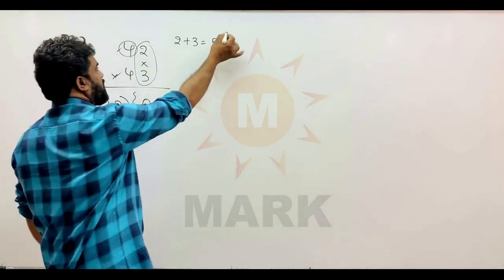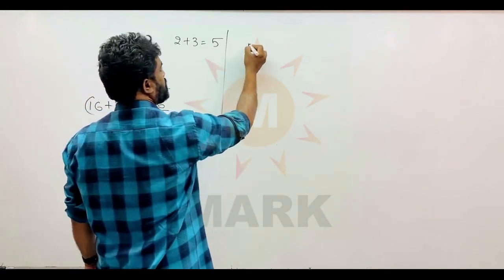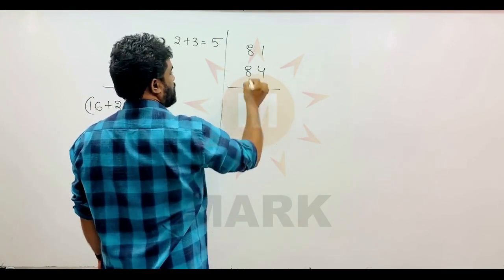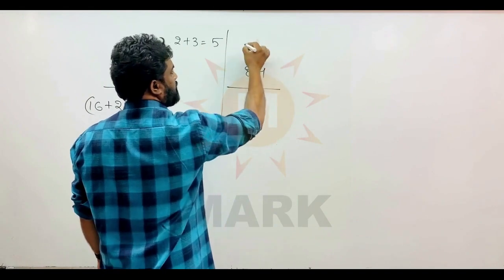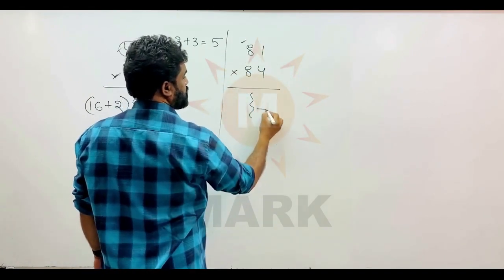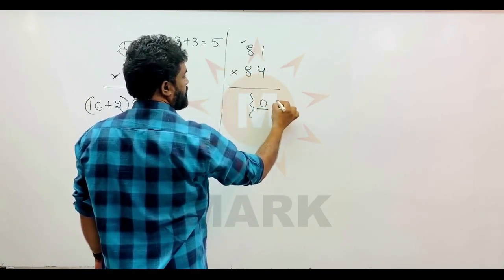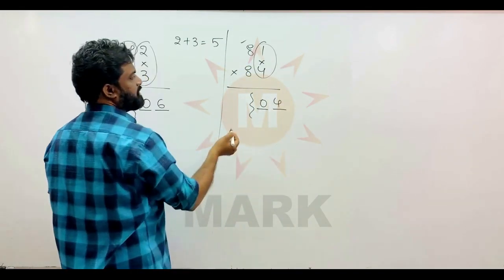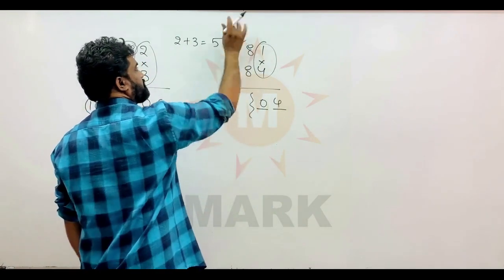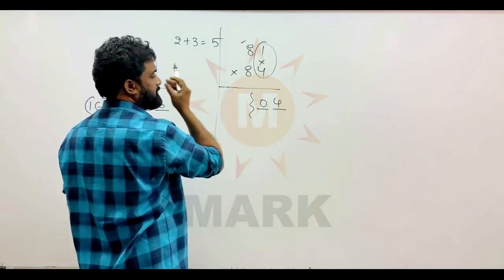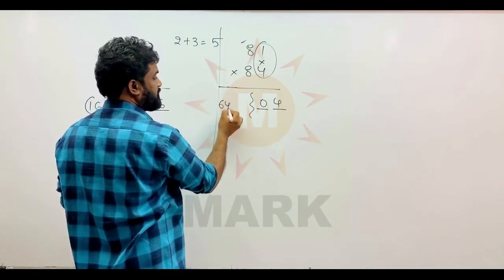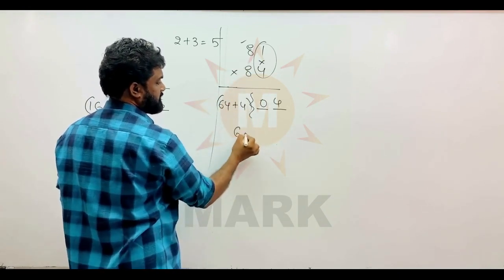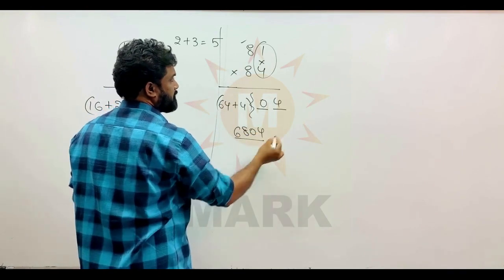So I am doing one more calculation like this. Suppose I am going to calculate what is 81 into 84. So 1 plus 4 is equal to 5 and this number is same. So 2 slots I am giving here, 1 into 4 is equal to 4, that means I am writing it as 04. So 8 into 8 is 64, so I am writing square here, 64 plus half of 8, what is half of 8? 4. So 64 plus 4, 6804.